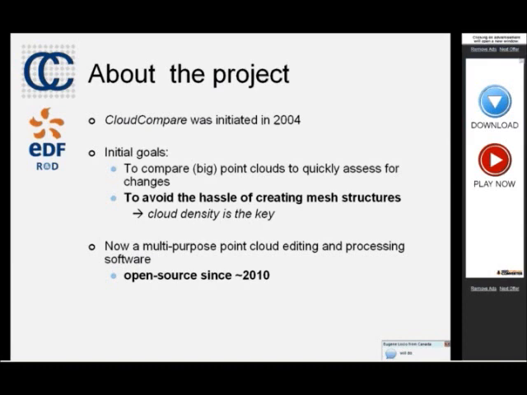And the other main goal was to avoid the necessity of computing a mesh structure on top of the point cloud, which is a very hard process. And we thought at that time that the cloud density, especially for laser scanners, was the key for the success. So this is where CloudCompare comes from. Only using clouds and